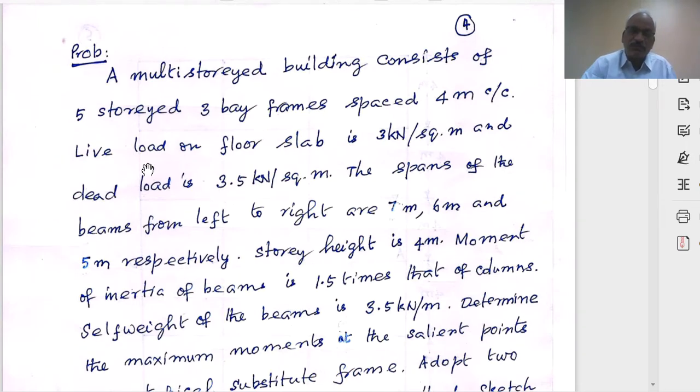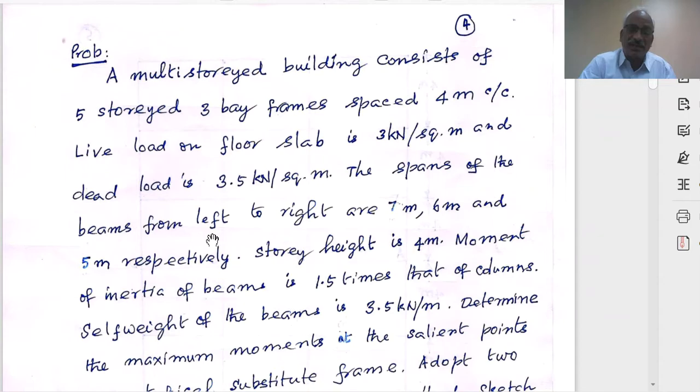Better to introduce now itself. Suppose the live load on the floor slab is 3 kilonewton per square meter. In the building frame, when we consider 1 meter length of the beam, the frames are spaced at 4 meters center to center. So if you consider a particular frame, half the span on the other side and half the span on this side, 2 meters on that side and 2 meters on this side, will transfer the load to 1 meter length of the beam. So 1 meter length into 4 meters area into 3. That will be the load per meter run. With this, we'll take up the calculations later.